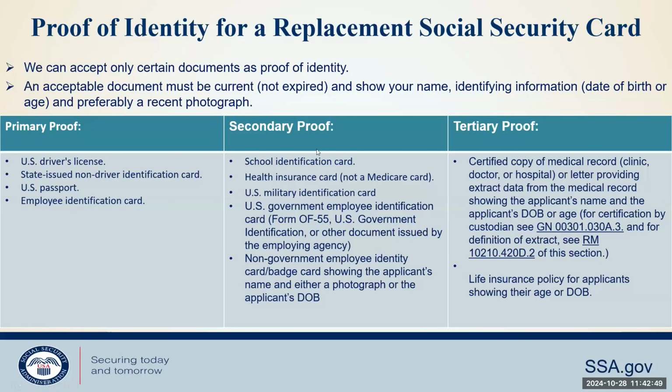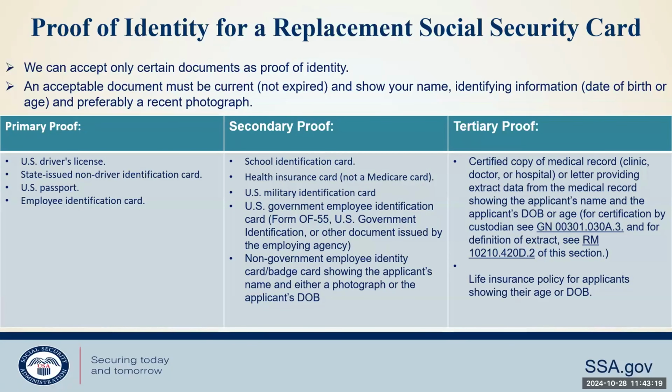If we don't have that, we can look at a school identification card, a health insurance card that has name, date of birth, and an issuing date or an expiration date. We can't use our own evidence, so we can't use our own Medicare card as proof of identification. And there's just some listings here of different things you might find helpful. If you are working with an individual who just has absolutely nothing on these listings at all,